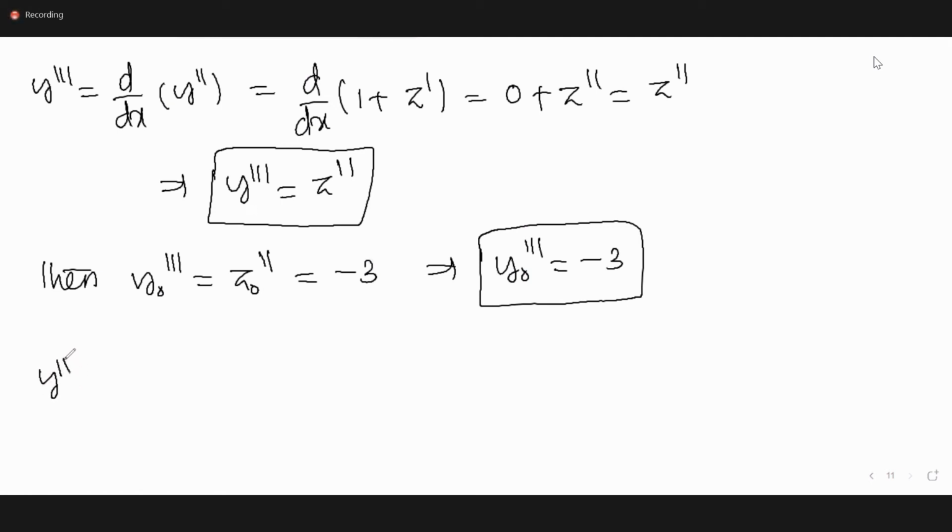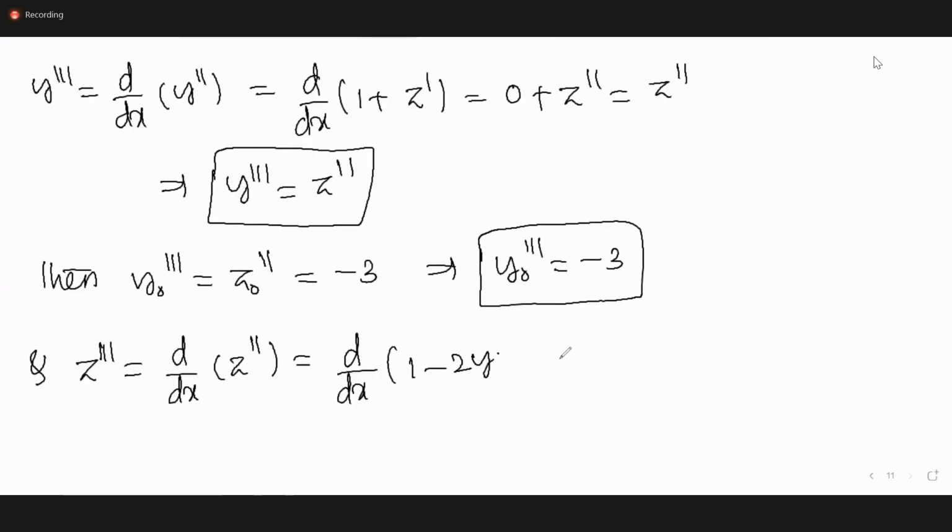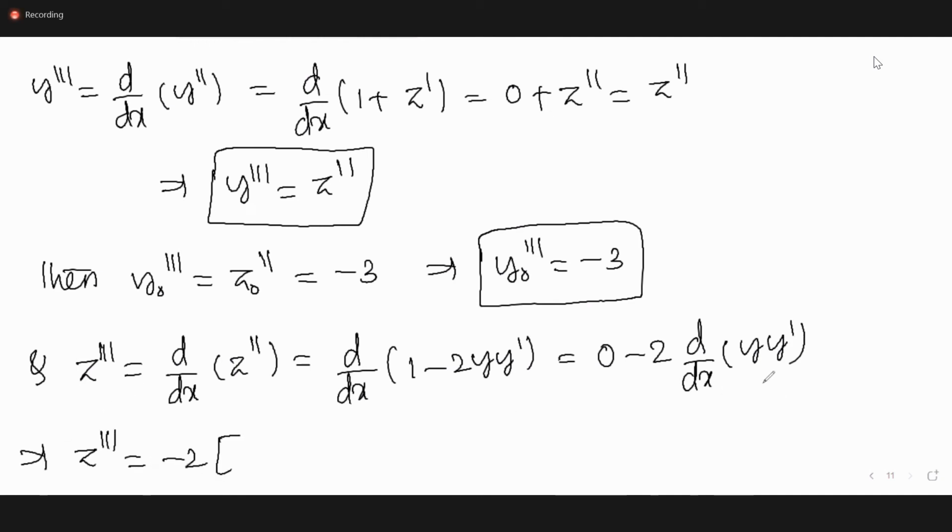Similarly, calculate y fourth. y fourth means z naught triple dash. z triple dash is equal to d by dx of z double dash. So d by dx of what is z double dash? 1 minus 2y y dash. So this is 0 minus 2 into d by dx of y y dash. So z triple dash is equal to minus 2 into